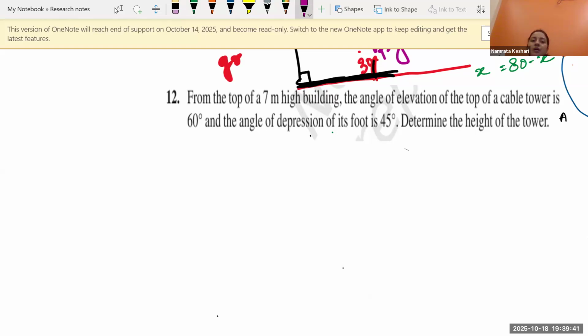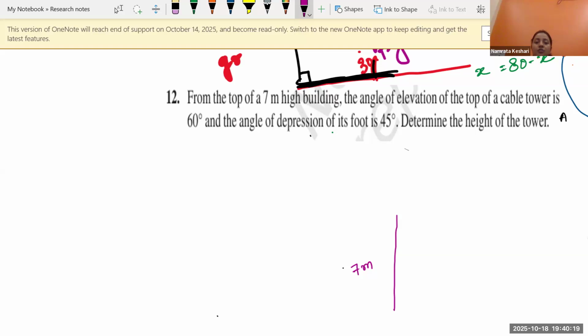From the top of 7-meter high building. There is a 7-meter high building. The angle of elevation of top of the cable tower. There is a cable tower as well. We don't know which one is higher, which one is smaller. The height of the cable tower is not mentioned over here. From the top of 7-meter high building, the angle of elevation of top of the cable tower is 60